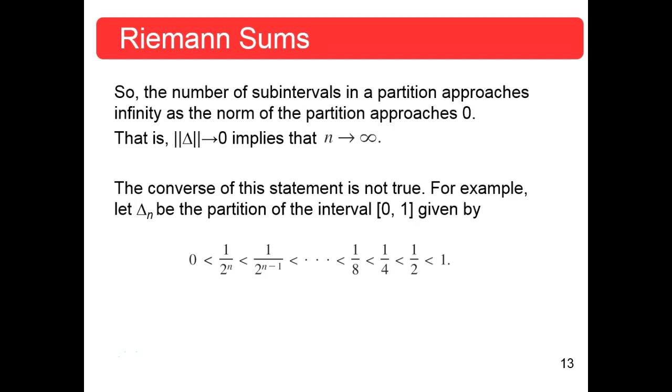All right. So the number of subintervals in a partition approaches infinity. Who cares what the norm was? It's going to 0, okay? Even the biggest one's got to go to 0. That is, the norm approaching 0 implies that n is going to infinity. The converse of that statement is not always true. If the norm of some interval